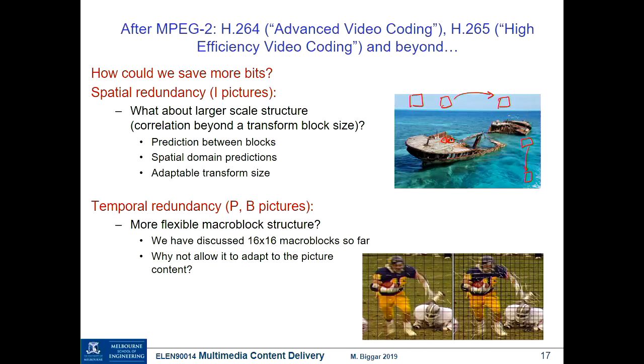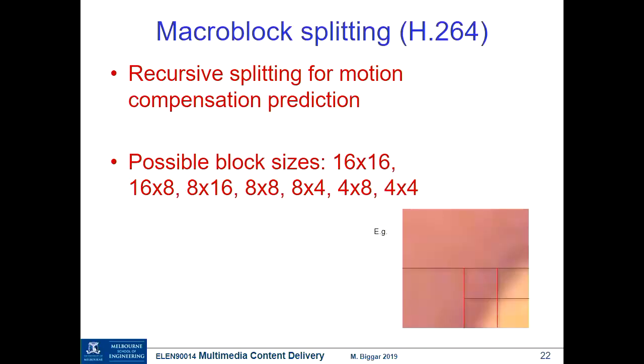The other thing we could do is look at improving the way we take advantage of temporal redundancy, and in particular freeing ourselves from this restriction of macro block sizes. So in H.264 there was allowance for splitting a macro block. So instead of being always 16 by 16,